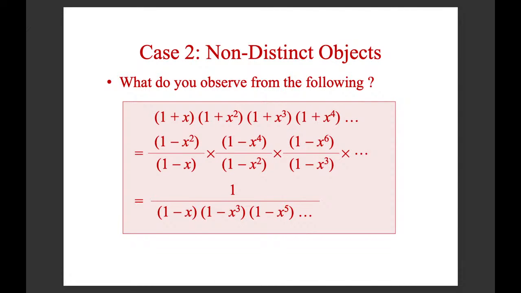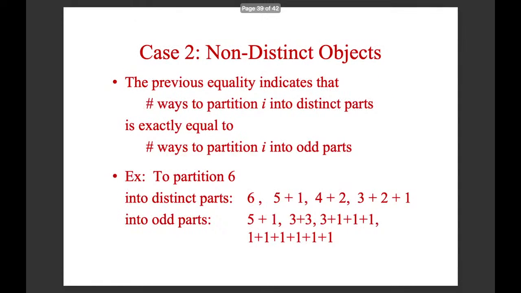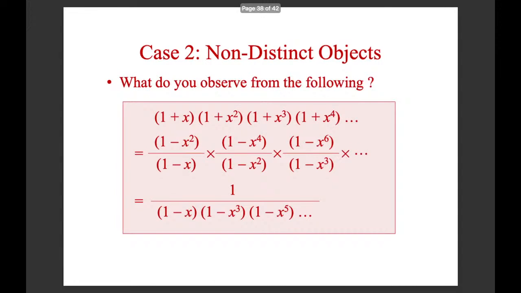So what does that mean? It means that the number of ways of doing one thing must be the same as the number of ways of doing the other thing. In particular, we have an example. What we know is that the number of ways to partition I into distinct parts must now be equal to the number of ways to partition I into odd parts. So this is actually a kind of combinatorial argument, in the sense that